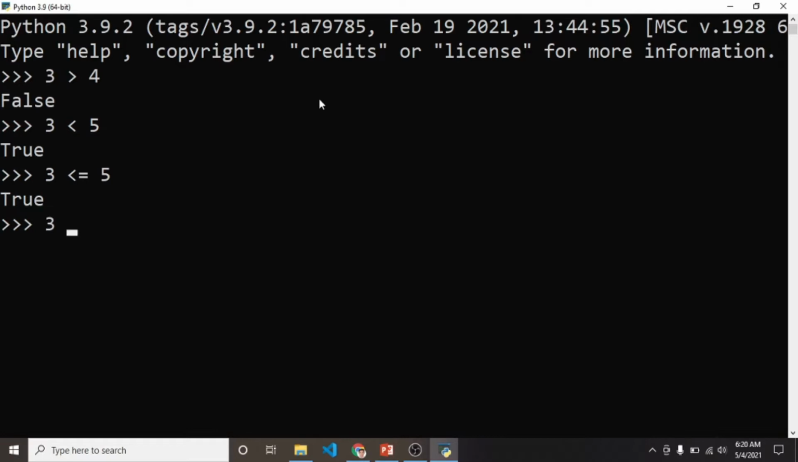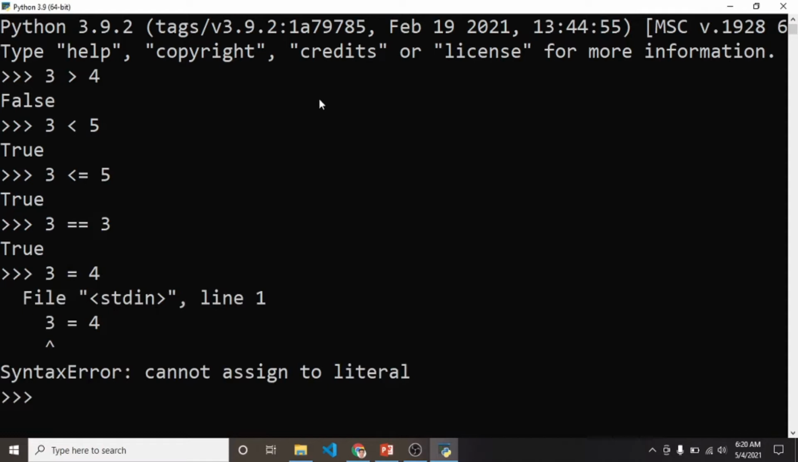So sa programming, ang equality operator is represented by 2 equal signs. Okay, specifically sa Python, 2 equal signs yung ginagamit para matest yung equality ng dalawang number. So, dito, ang ginagawa natin is yung 3, tinetest natin kung equal siya sa 3, which is true. Kapag gumamit ka ng isang equal sign, this represents the assignment operator. And it will give you an error kasi nga,